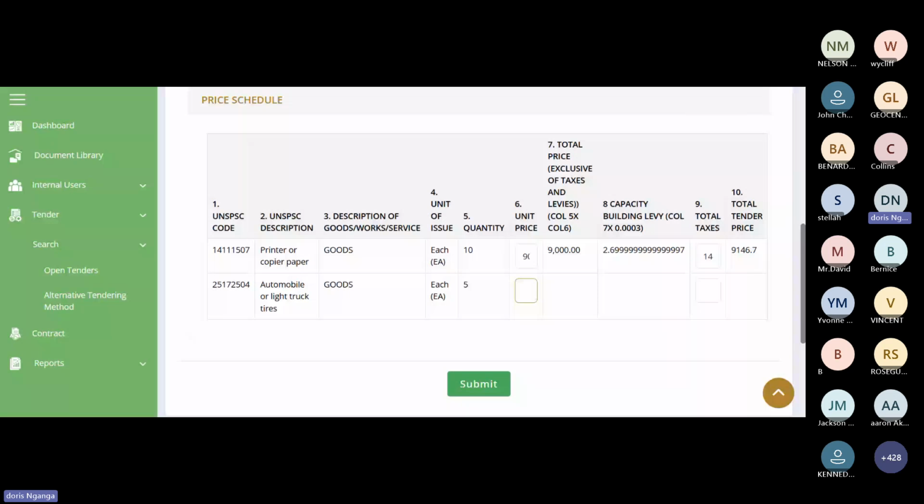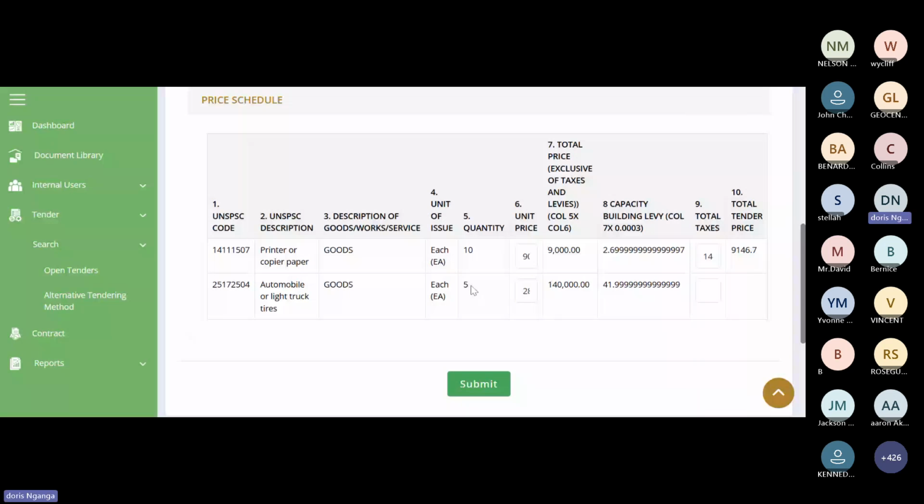And the technical specification for that was 225/65 R17. So for me, I feel as if I want to sell my tire at 28,000. It does the calculation. It's 28,000 times 5.